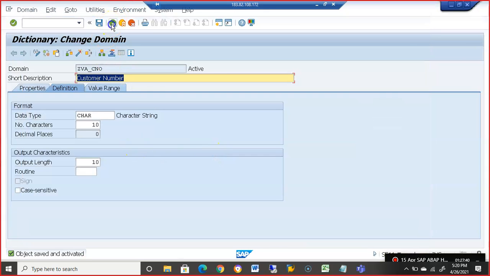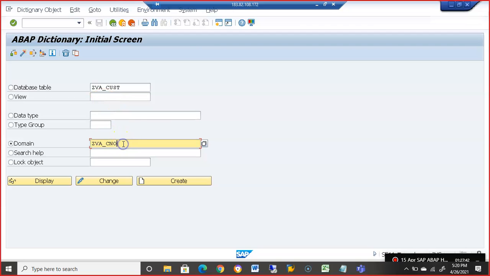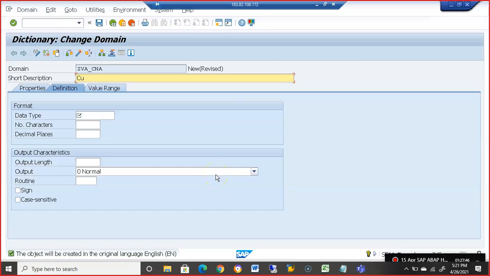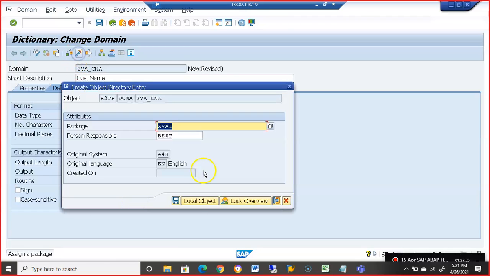So this is active now. Then we'll go for customer name. Here also I'll go for character, length as some 20. Activate.